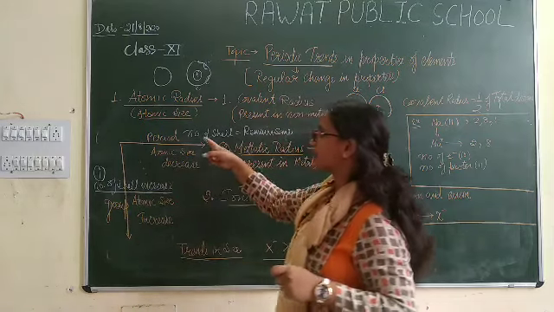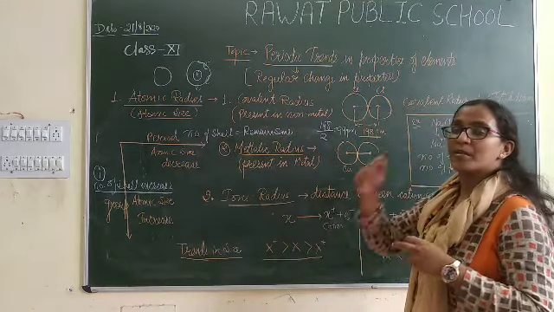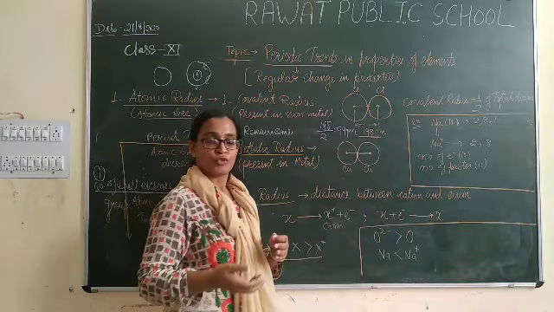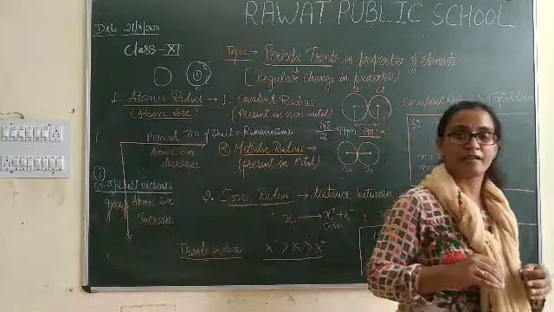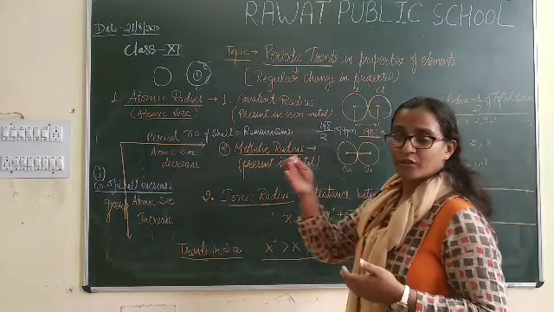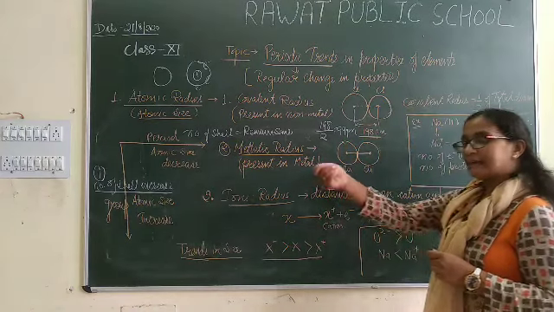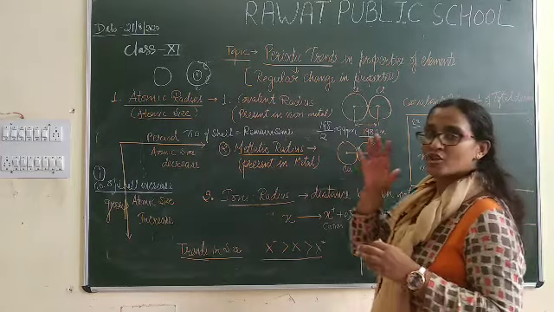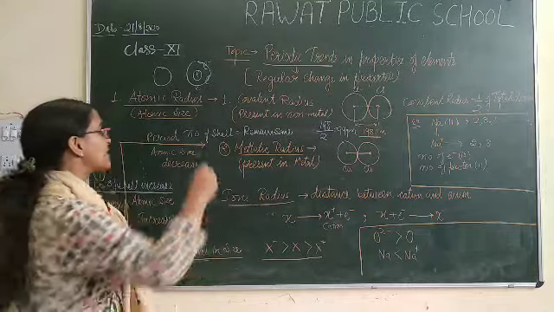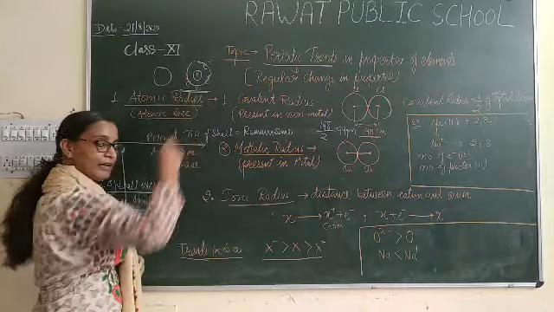But in the case of a period, the number of shells remains the same, but as we move left to right, the number of electrons increases continuously. The number of protons also increases, and you already know that the total number of electrons is equal to the total number of protons. So in periods, the shells remain the same, but in this shell we first add one electron, then a second, third, then fourth. The number of electrons continuously increases.